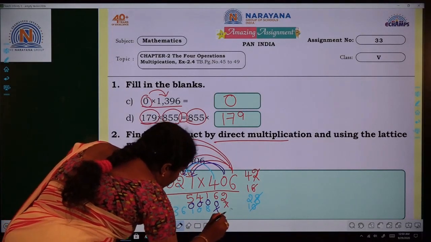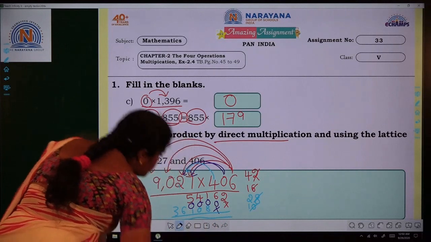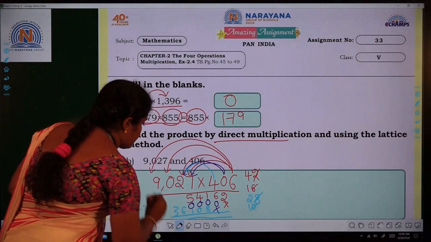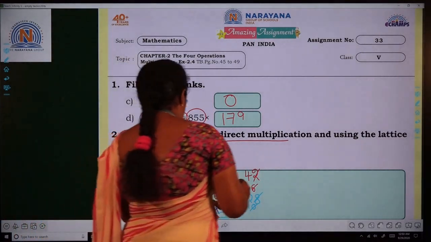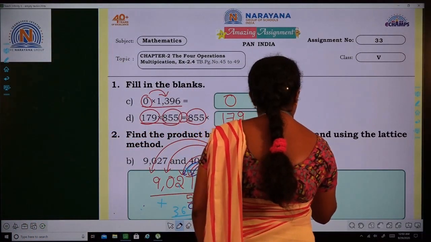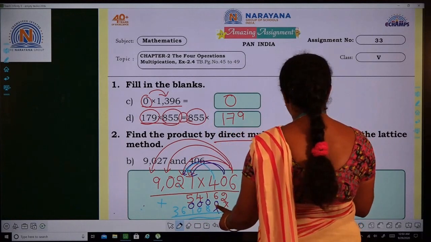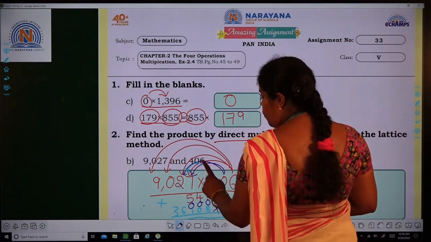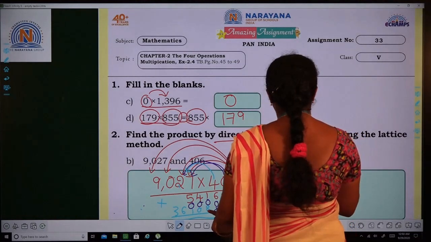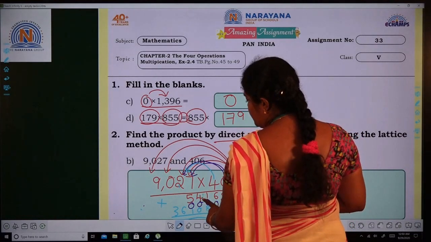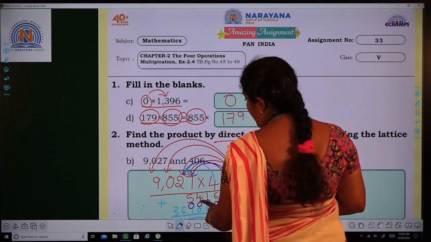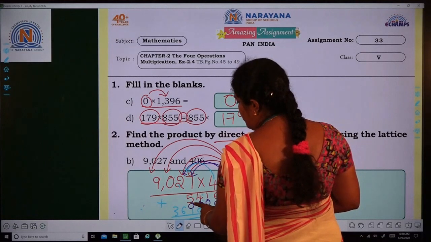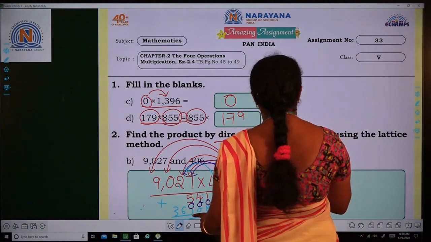Which operation we have to use here? Yes, my dears, we have to use addition. Next, add these numbers, we get 2 and 0 plus 6, 6 and 4 plus 0, 1 plus 0, we get 1, 1 plus 8. The answer is 9. Next, moving on to next place. 4 plus 0, 4 and 4 plus 0, again 4. Next, moving on to next place. 5 plus 0, 5 and 5 plus 1.